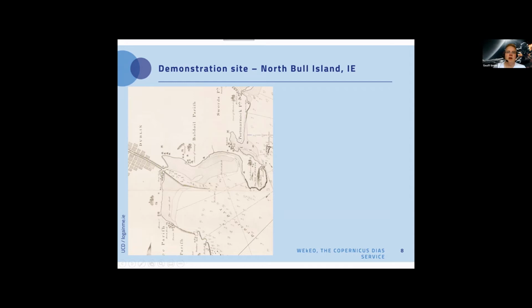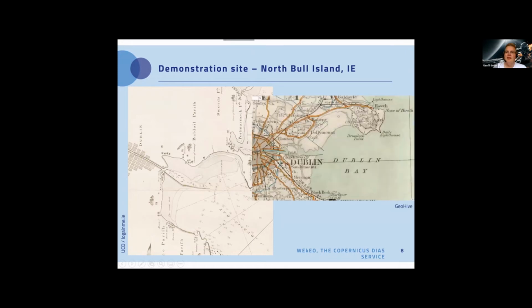But it was found over time that this channel was still silting up, and so there was a necessity to build a second wall. And so we can see on this slightly later map here that we have this second sea wall coming out from the coast here. And if you go back to the first map, you can see that North Bull isn't called an island, it's just called North Bull. And it's actually just a shallow area of water, sort of mud flats, sand flats, etc.